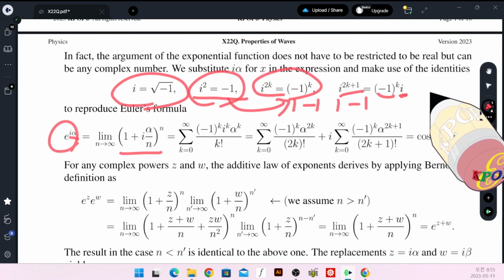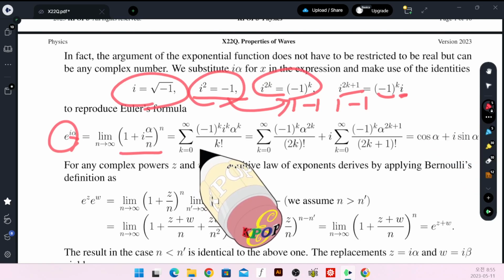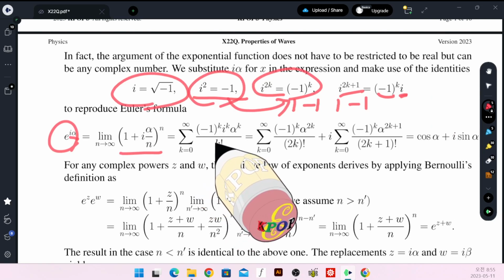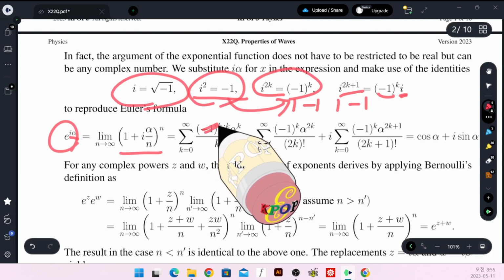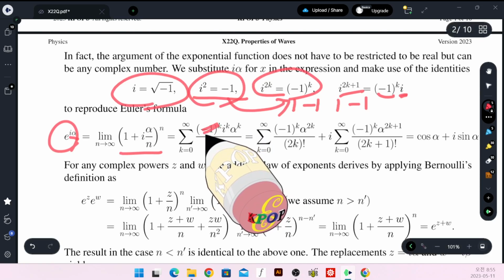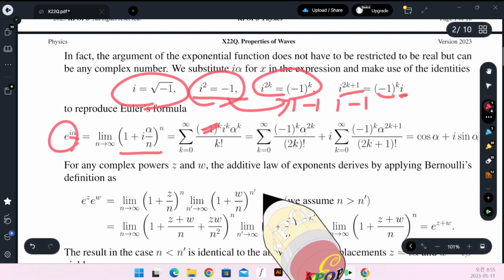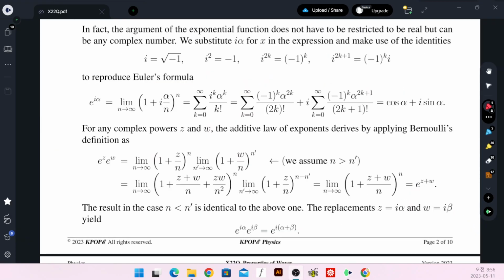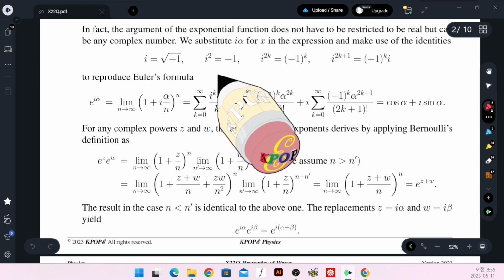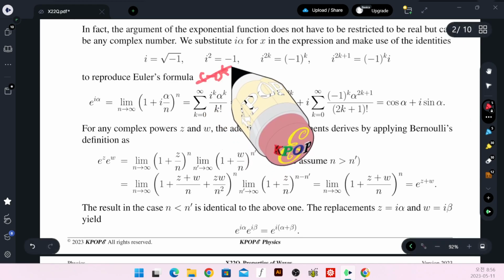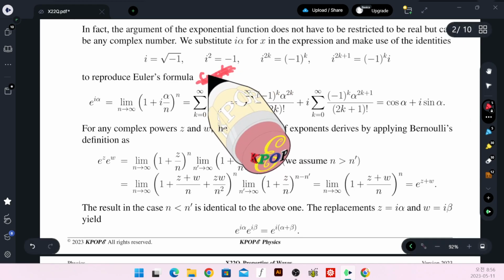Wait a second. This is wrong. This minus k must be removed. Wait a second, let me correct this. Okay, I have corrected the negative. This one was wrong in the previous version. So